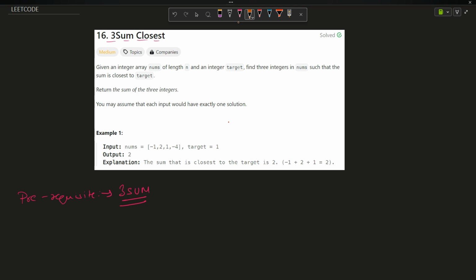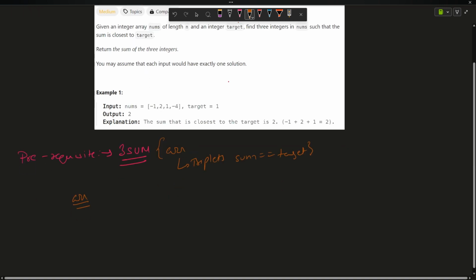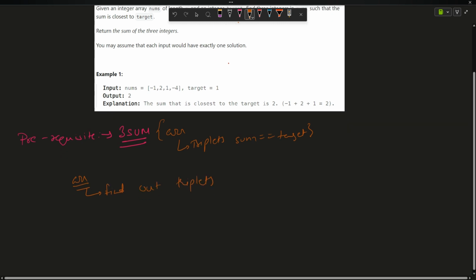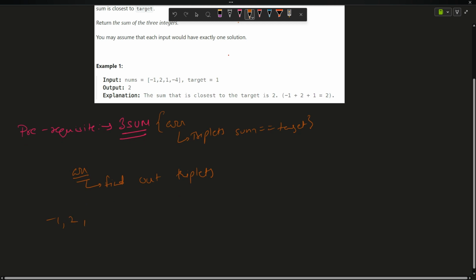So what does the problem say? In the three sum problem, we had been given an array and we had to choose triplets whose sum was equal to some target, right? Now you have been given an array, and you have to find out triplets, right? So suppose you have been given the array -1, 2, 1, -4, and you try to find out